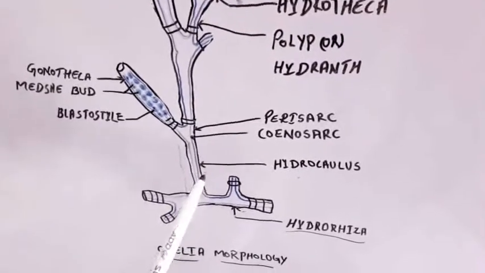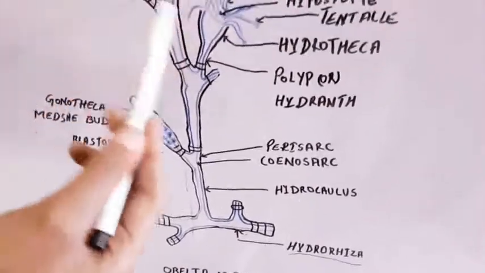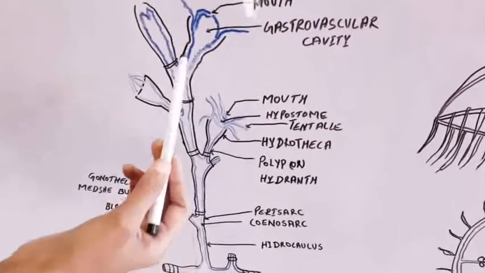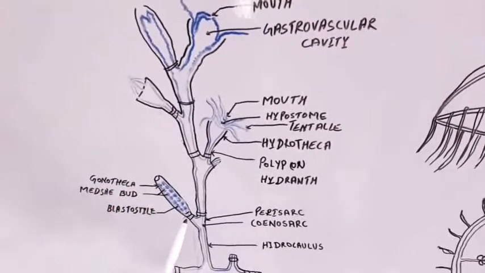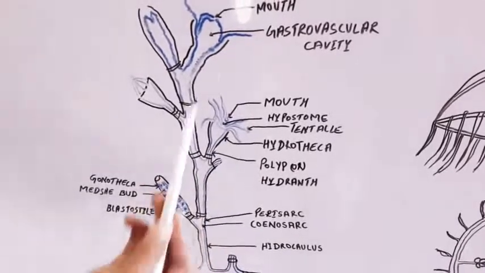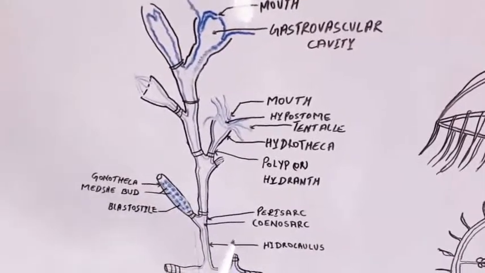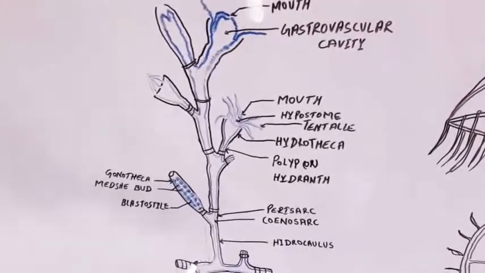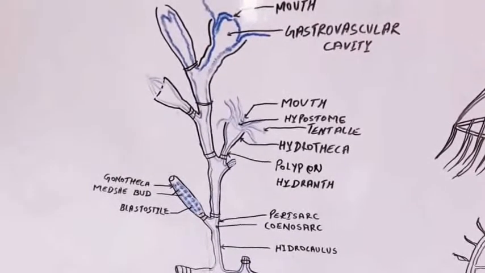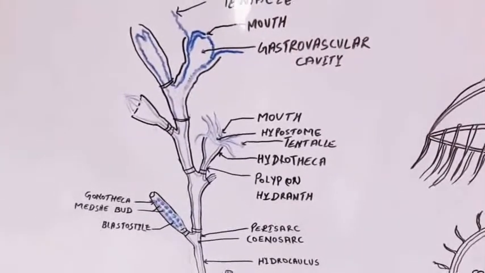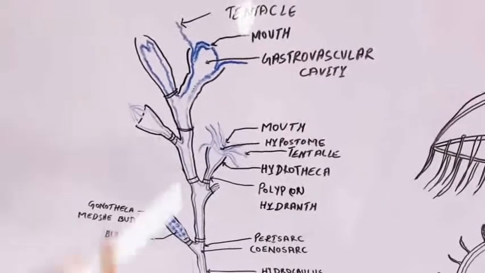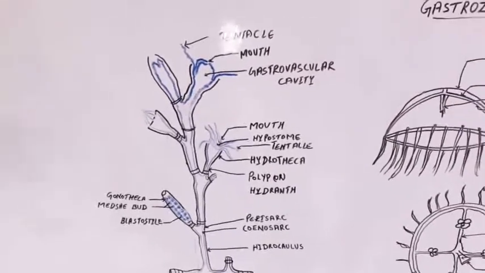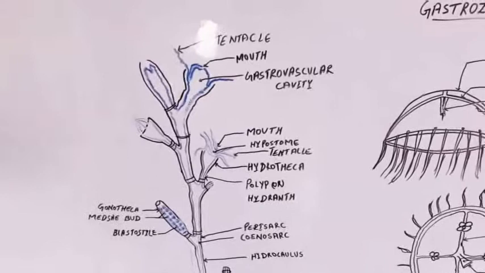Hollow tubes. Here you can see the different types of zooids located on either side of the hydrocaulus. These are the polyps, and also here the presence of blastostyle. As you know, in the last class I spoke about polymorphism: a single individual that contains many different kinds of zooids which are different in size and differ in function.